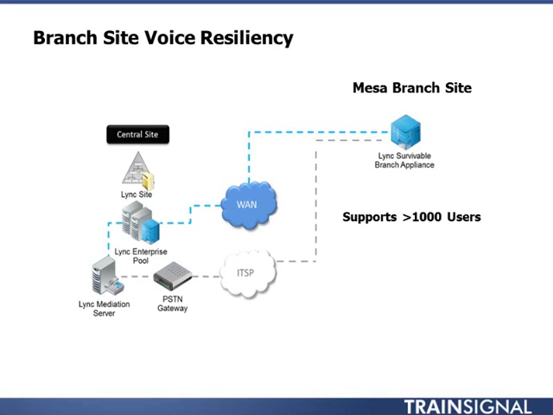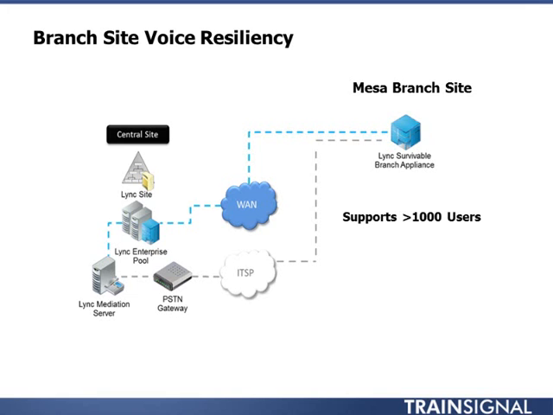So a conference doesn't run locally on an SBA, it's going to run on the pool that the SBA is associated with. So this means that if your WAN link over to the central site were to go down, your clients out at the branch office will be running in survivability mode. They will be able to make peer-to-peer calls. You'll have peer-to-peer IM out at the branch site. You'll have peer-to-peer audio and video out at the branch site. And you'll also be able to make and receive enterprise voice calls going out through the ITSP connection or through